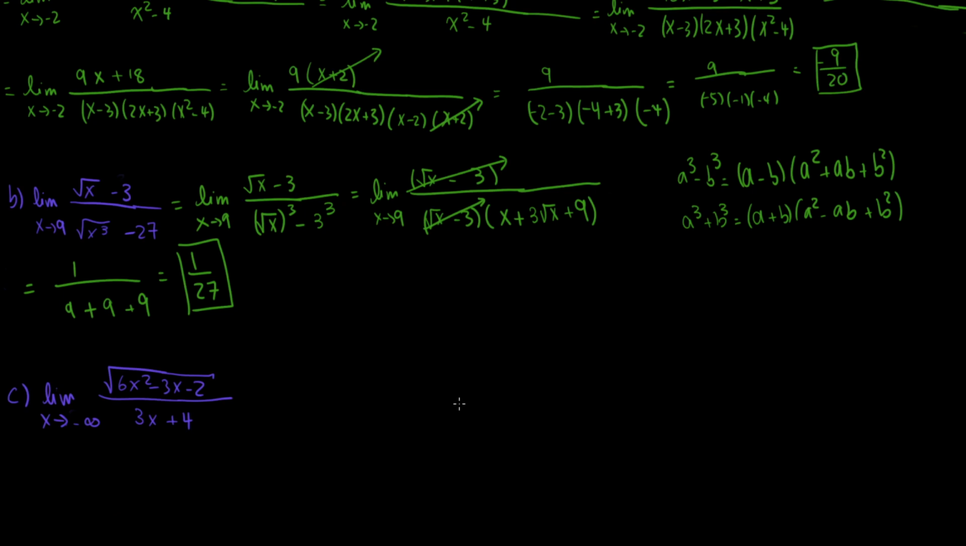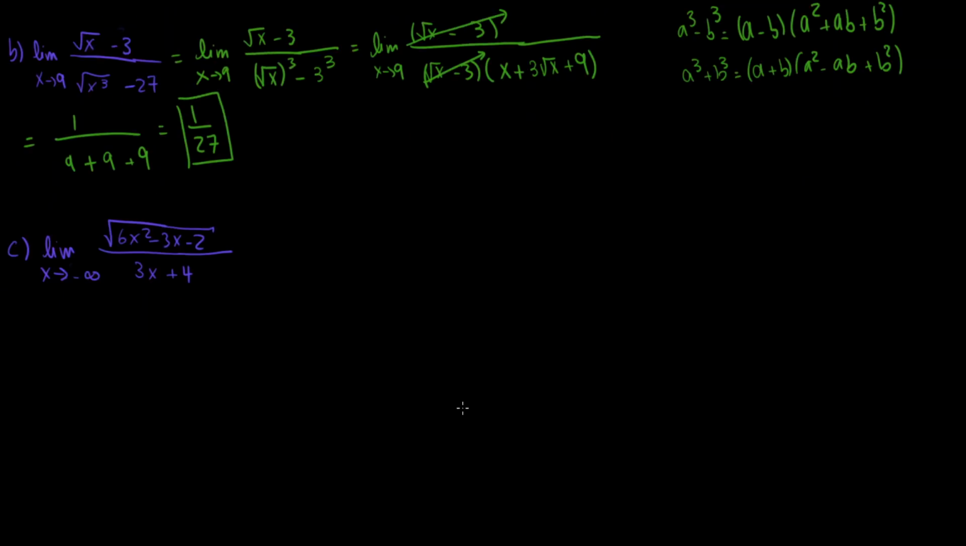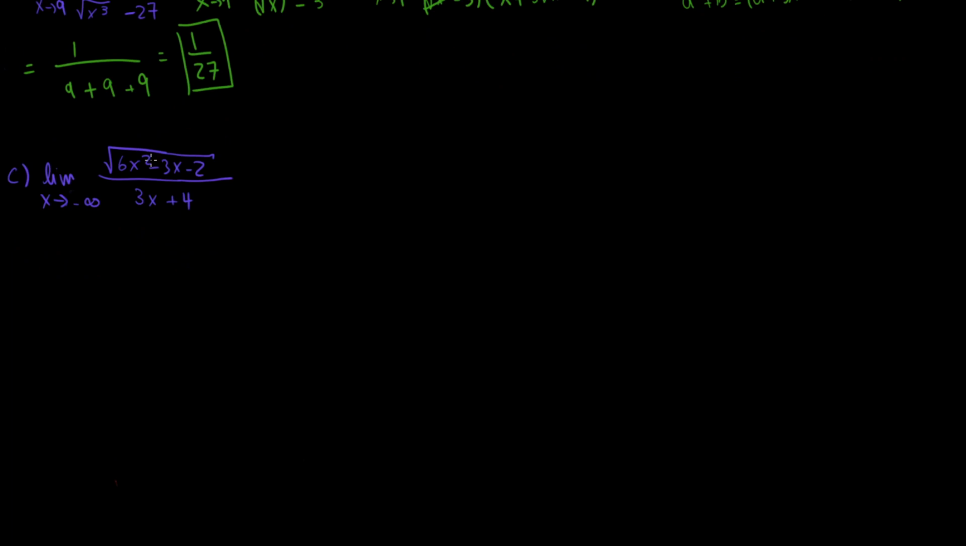Now this bottom one is trickier. If you actually plug in infinity in here, you don't end up getting 0 over 0. You end up getting infinity over negative infinity. So up top you get 6 times infinity squared, and that blows everything out of the water. So that's just infinity. And at the bottom, if you plug in negative infinity, you also get negative infinity. So in reality, plugging in